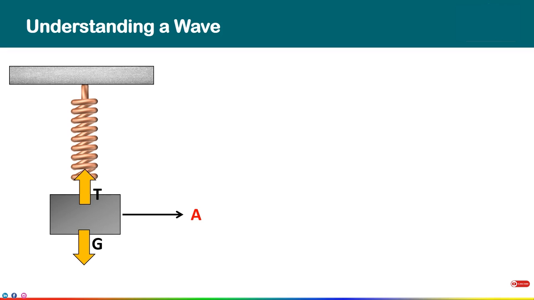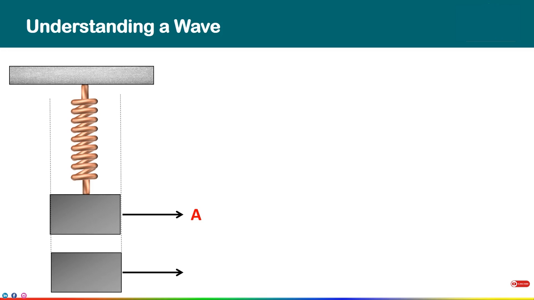When the weight is moved from position A to B, the tension T increases. If it is now released at position B, the weight would accelerate towards position A under the influence of this increase in tension. At position A, the gravity G and tension T will again be equal, but as the weight is now moving with a certain velocity, it will overshoot A and it will move towards a position C.